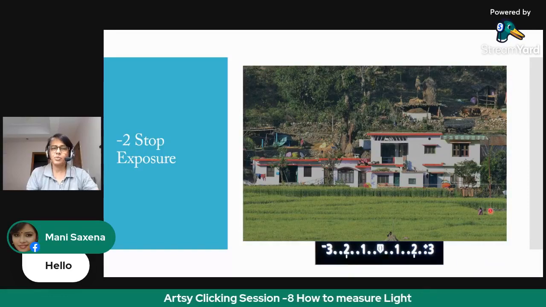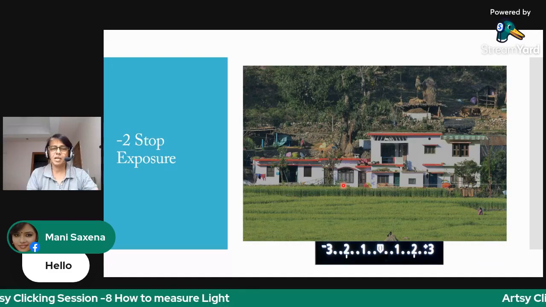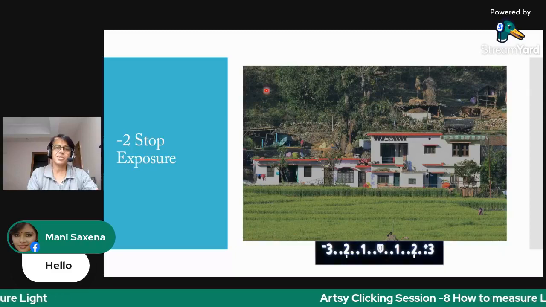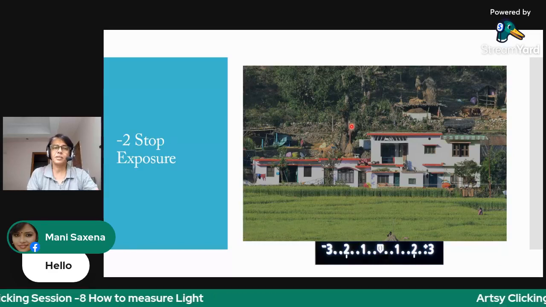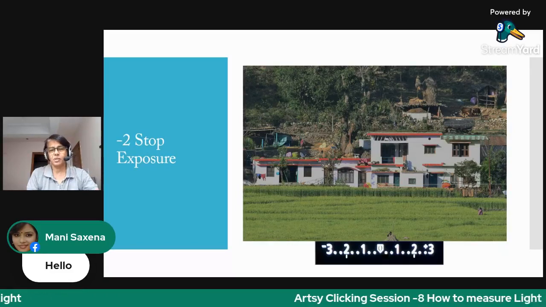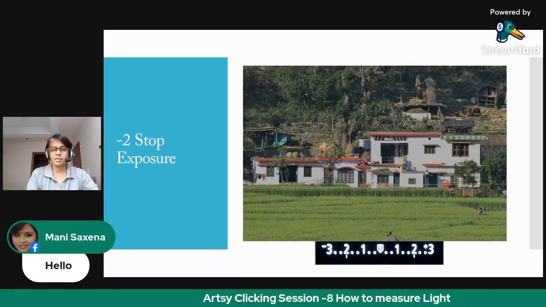At -2, the exposure is darkened 4 times, and here we have lost the details in the shadows. And if you want to work it up in post processing, you will get a lot of noise even if you get the exposure correct.